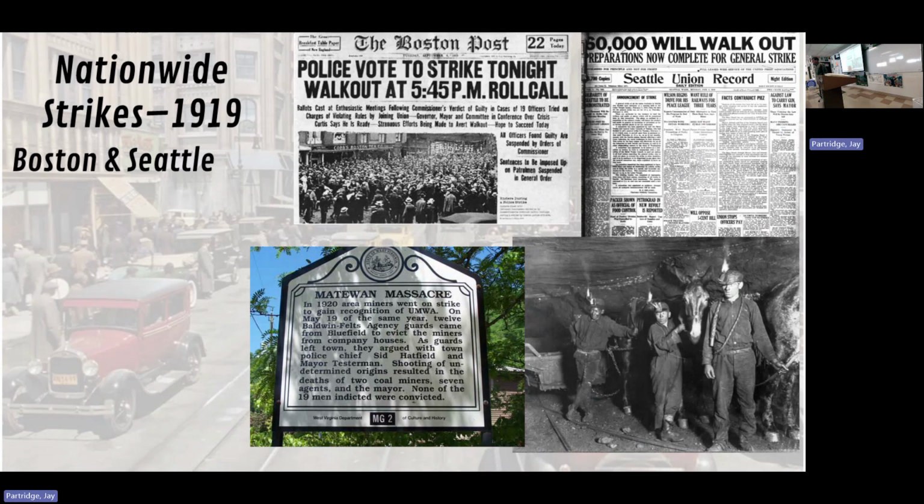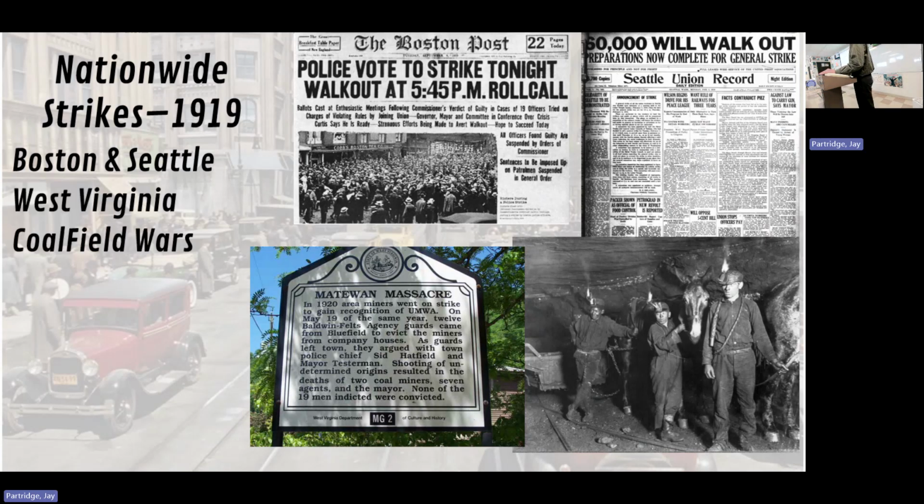Brutal life. And think about the future you have, especially if you're injured down there. There's no workers' comp at that time. They went on strike. It's going to be called the West Virginia Coalfield War. One of those brutal attacks where police and Pinkerton guards killed miners was called the Matewan Massacre. But without the coal and the post-war economic disaster, President Wilson, just coming out of the stroke, they sent in the troops. National Guard, and they brutally put it down.